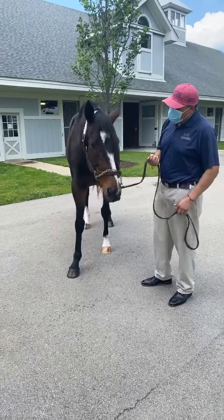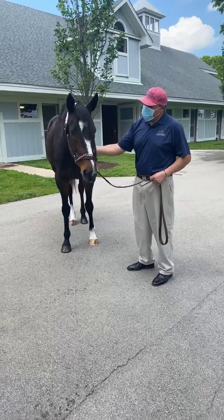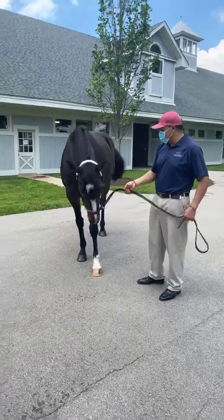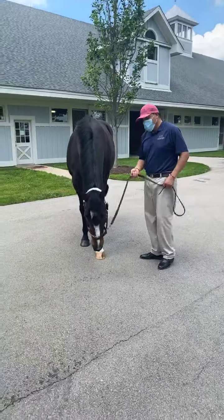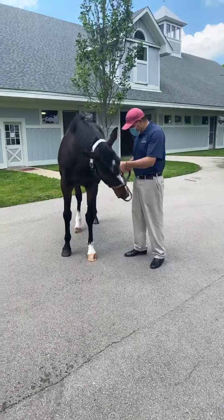So her favorite treat is peppermints. She's big on peppermints. I think for her last birthday, one fan was very sweet and sent about a 3-pound bag of peppermints for her. So she didn't have them all at once, of course, but